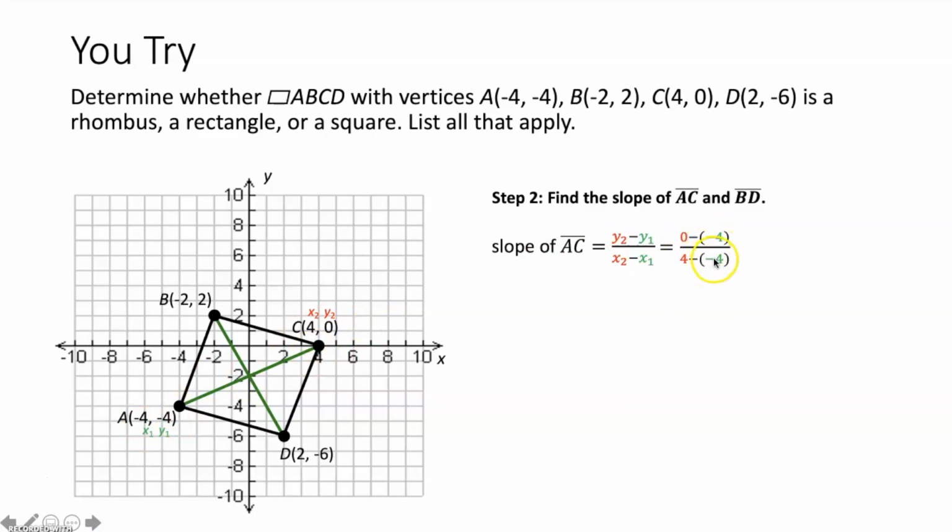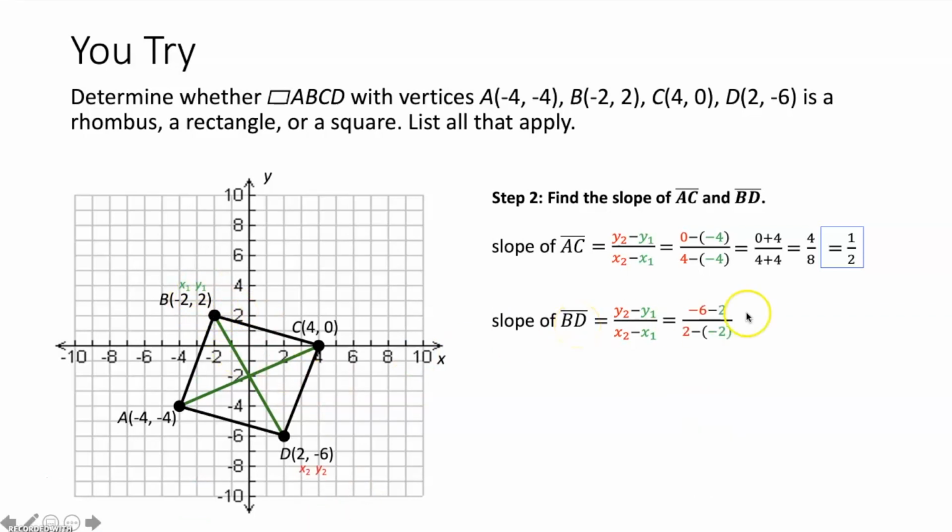4 minus -4 is the same thing as 4 plus 4. So we get 4 over 8, which simplifies to 1/2. Now let's see if the other diagonal has the opposite reciprocal slope to make it perpendicular. We again use the slope formula, pick one of the points to be x sub 1, y sub 1, the other one to be x sub 2, y sub 2. Plug in the coordinates to their corresponding spot in the slope formula, simplify, and we end up getting a slope